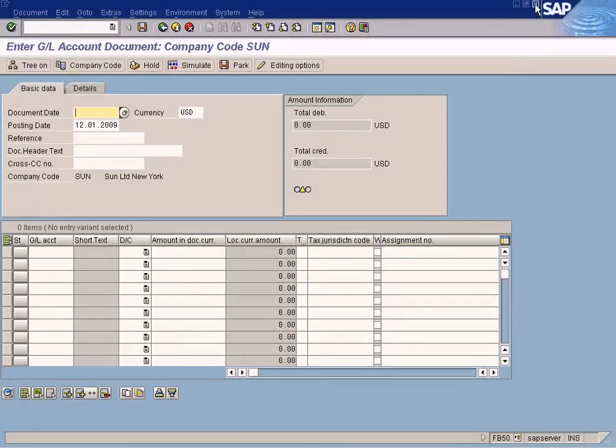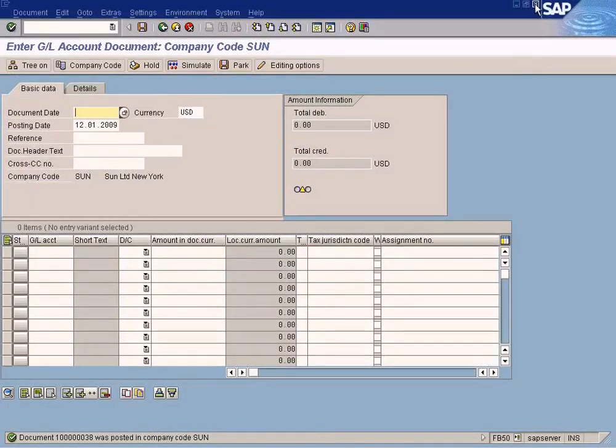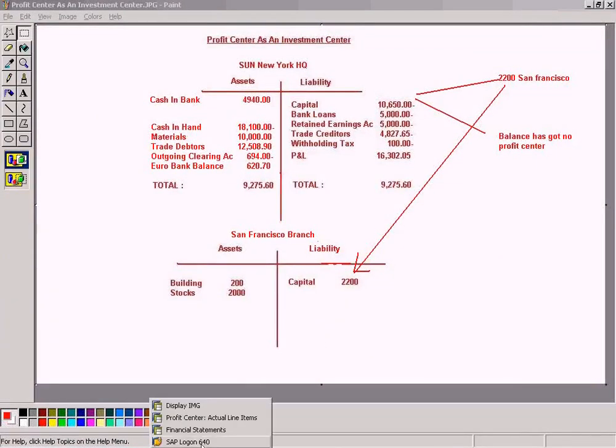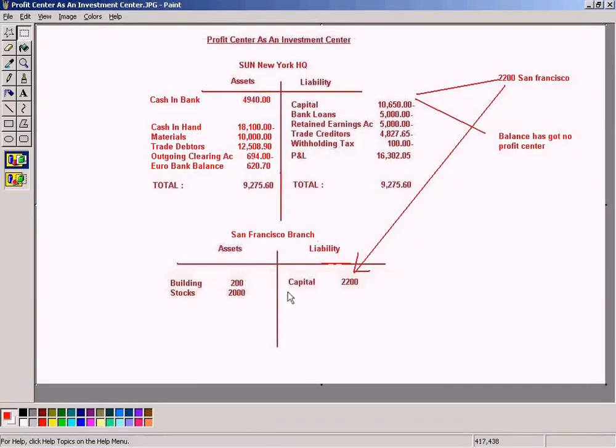So for us to cover the receivables and payables posting into profit center, we need to actually create the real invoice, AR invoice and AP invoice. So I'm going to do that now. Let me close this. I'm going to configure the receivables and payables,